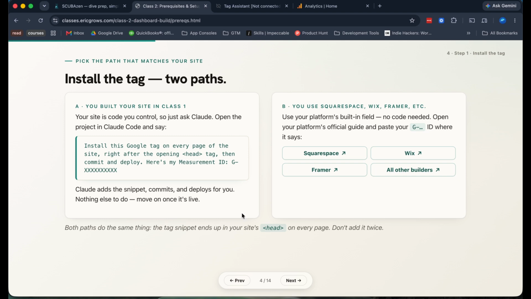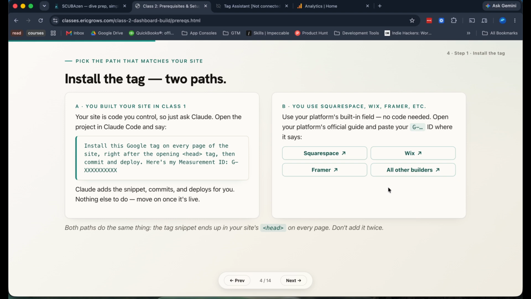If you have an existing website, all of the main website hosters that are traditional for people to use have a place for you to put this. I've included documentation here for you to do it. It doesn't really matter. What's important for the purpose of Class 2 is that we start collecting data so that way we know how to build the dashboard. So in this case, it doesn't really matter which type of website you're going to do it on. What's important is that we're collecting data.